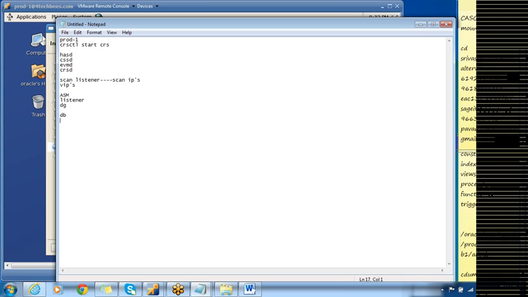If you want to start the cluster on both the nodes, then we'll be issuing the command crsctl start cluster. crsctl start cluster will be used to start the resources on prod1 as well as on prod2. So it will bring up the resources on all the nodes. And then if you want to stop the cluster, we'll be going for crsctl stop crs, or else I will be going for crsctl stop cluster. So this will bring down all the resources, and this will bring up all the resources.